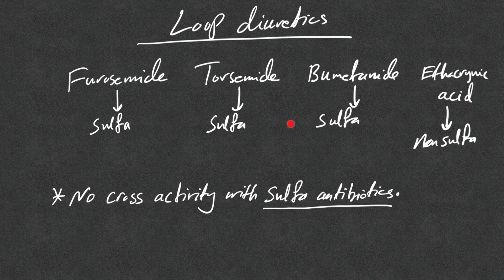All are sulfa except ethacrynic acid, so we use it only if there is an allergy to the rest of the loop diuretics. These loop diuretics have no cross-reactivity with sulfa antibiotics. So if the system gives you a pop-up screen saying there's a cross-reactivity because the patient is allergic to sulfa